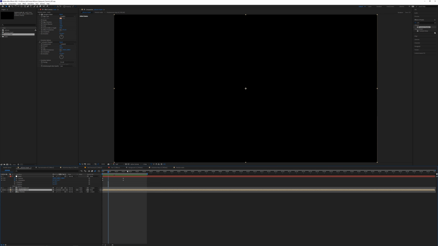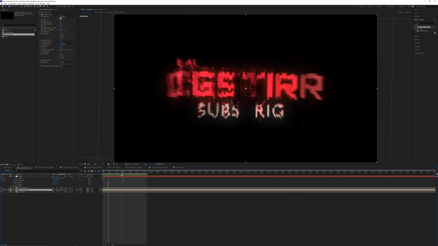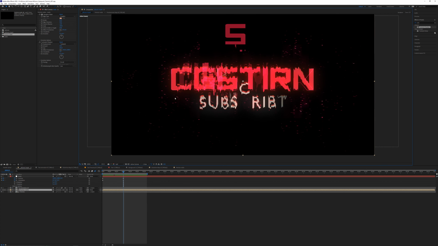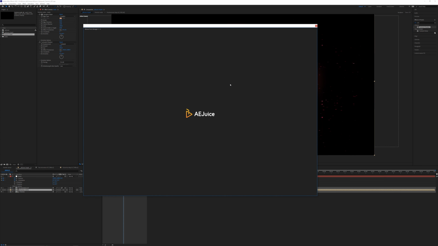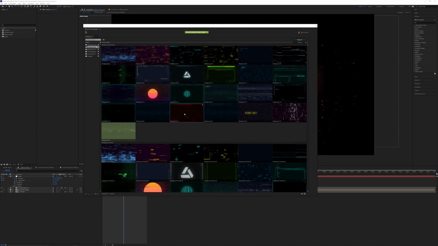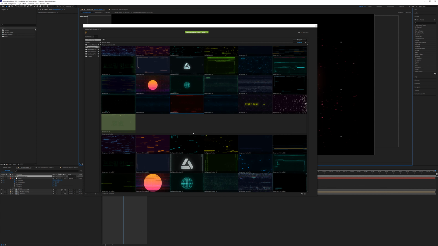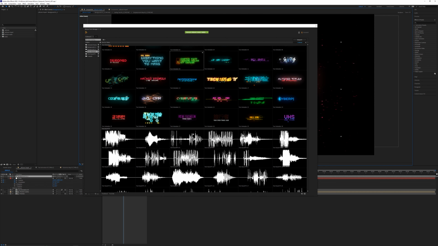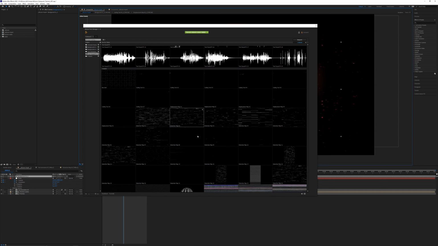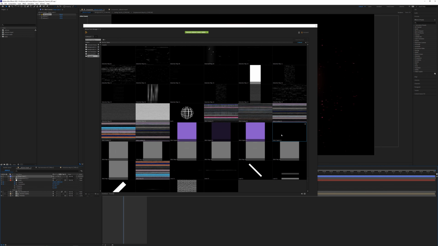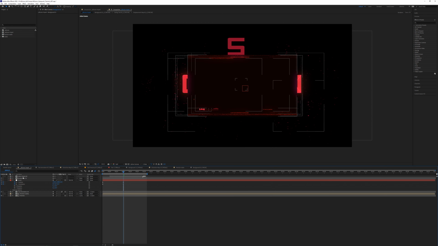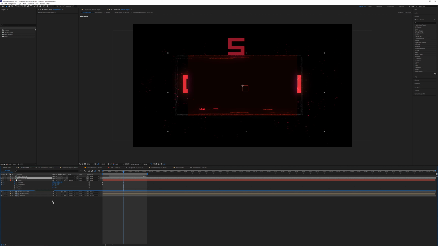Okay, let's close that. And I think we still could do with just one more component for the background. Let's go back up to our pack manager here and see what else we could add to this. So I quite like background 21. Let's load that in. And there's also some other cool elements here, such as this glitch, which I think would look pretty cool at the end. I'm going to double click that one too. And then we're going to close that. So for the glitch, we can just turn that off for now. And then for this background, we'll pull this all the way down here.